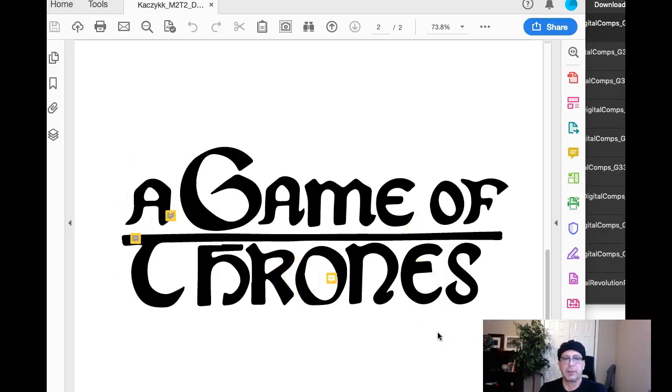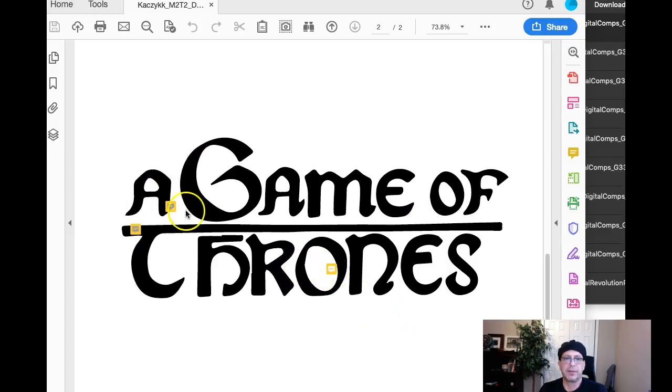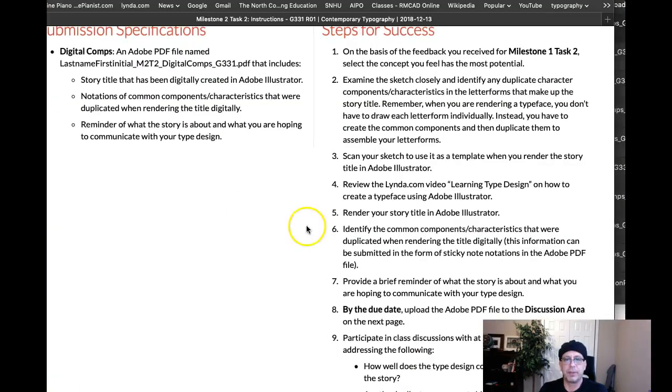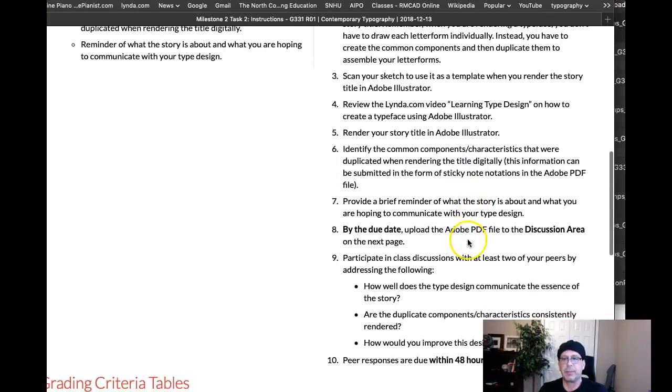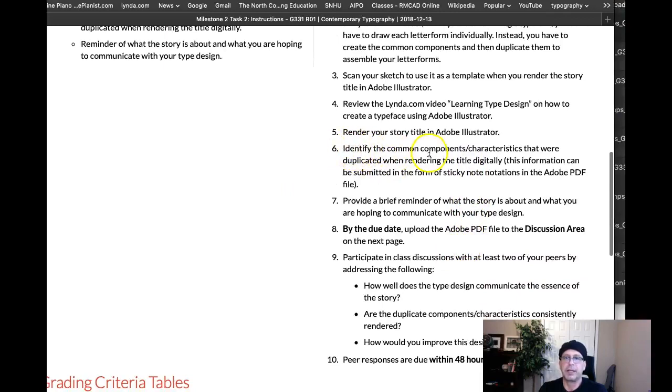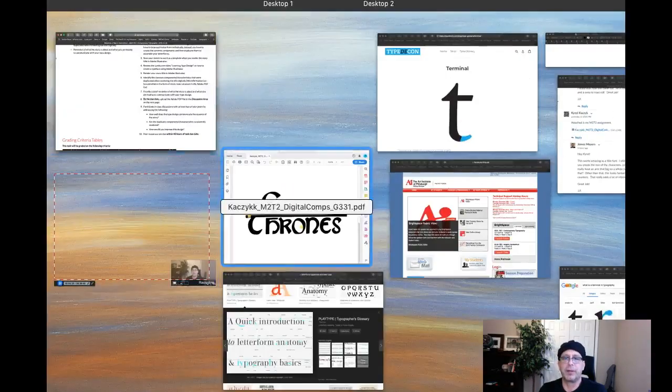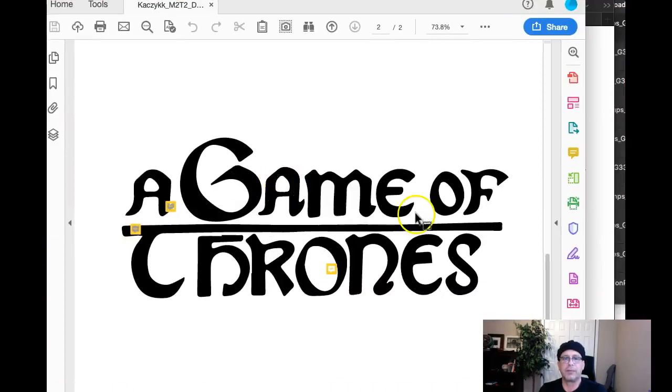I think one of the things that we need to do here is determine something. All you've done here is name different anatomical portions of the letters, and that's great, but that's not really what is being asked. What we're asking for, and it seems like a lot of people are misinterpreting this recommendation, is to identify common components and characteristics that were duplicated when rendering the title digitally. So in other words, the question is asking you what portions of these letter forms can be duplicated to